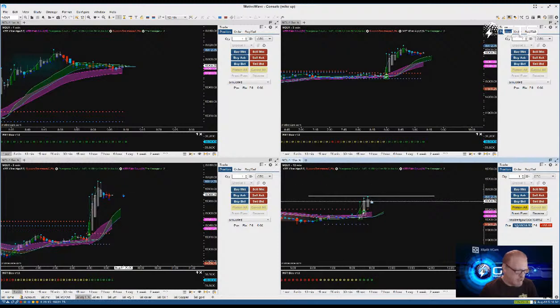You can see now we've got the little up move right here on the 5 minute. See the blue candles coming in right here, the cyan candles trying to print, and also on the 1 minute and the 3 minute. So that's a good indication. I like looking at different time frames to know what we're doing here, and this is why I built these charts. This way we can look and know the time frames that we're in and what they're doing.